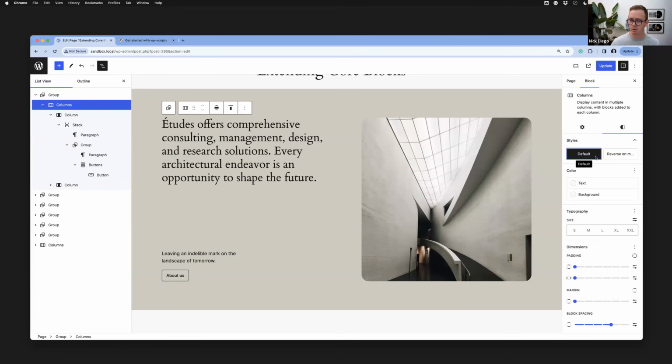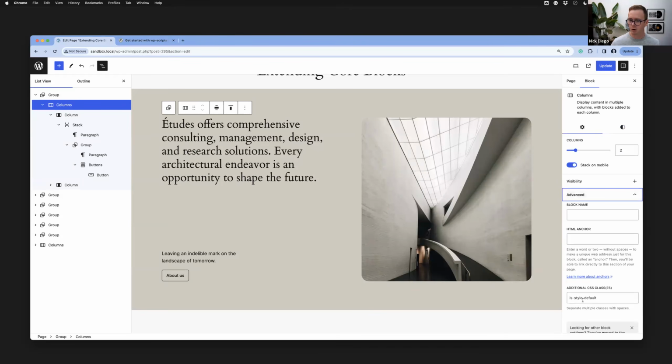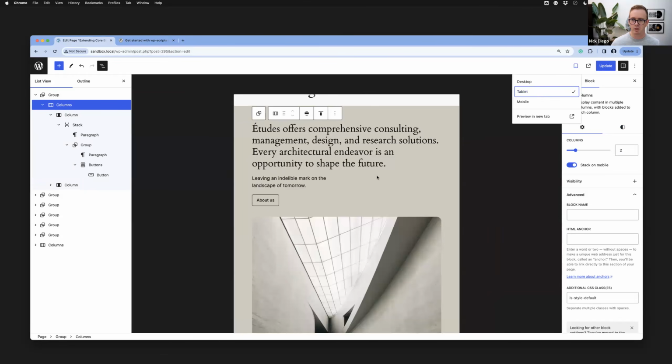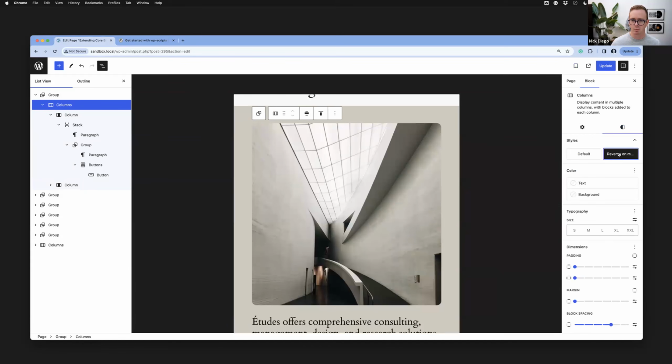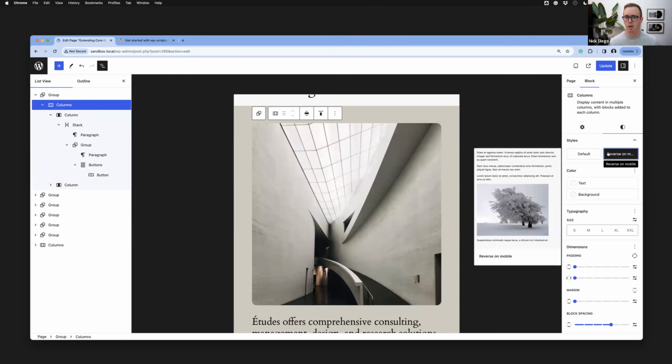If I turn to default, let me just double check something here quickly. We are a style default. And if I go to tablet, you can see that this is the default implementation. The image is below. If I click on reverse on mobile, now the image is on top. So we've extended the core block in the simplest way possible with this default block styles